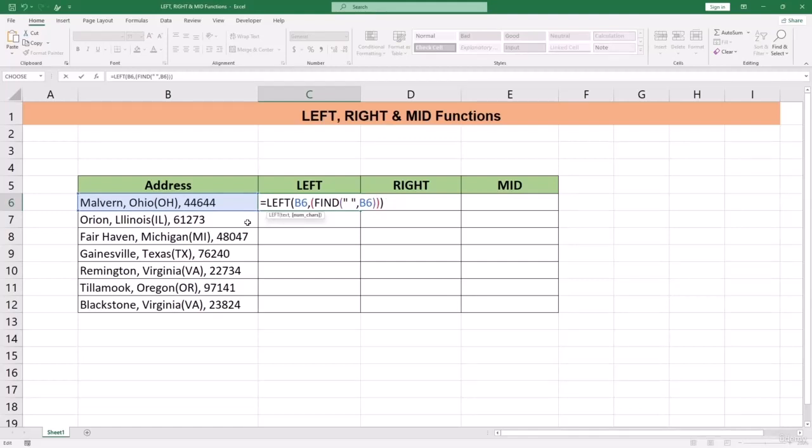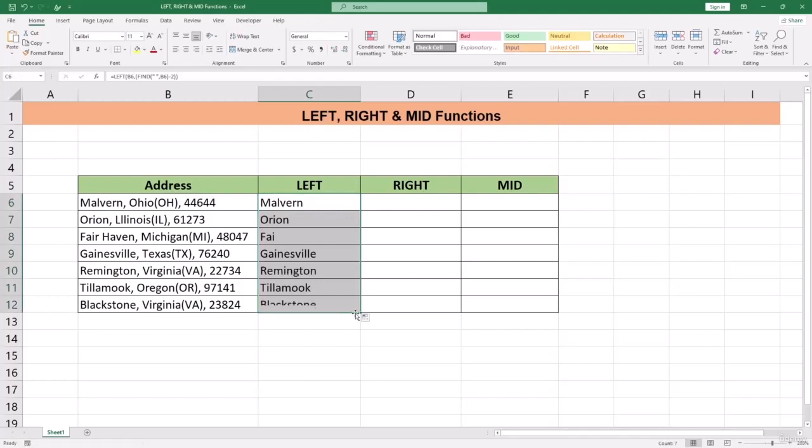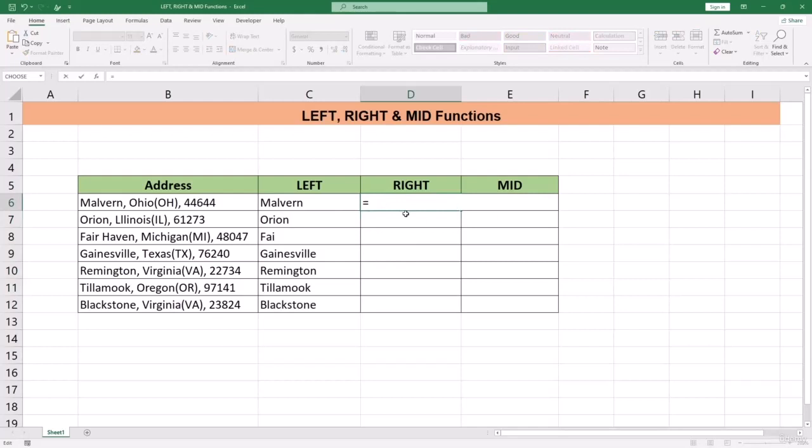Or if we want to add, let's add plus 2, and we can see that we will find the O, right? So it's very easy to use the left option. So let's give minus 2 and let's separate it. And over here, let's drag it down, and you can see that we have been able to separate the left option. For the right option, we have to give the formula right,